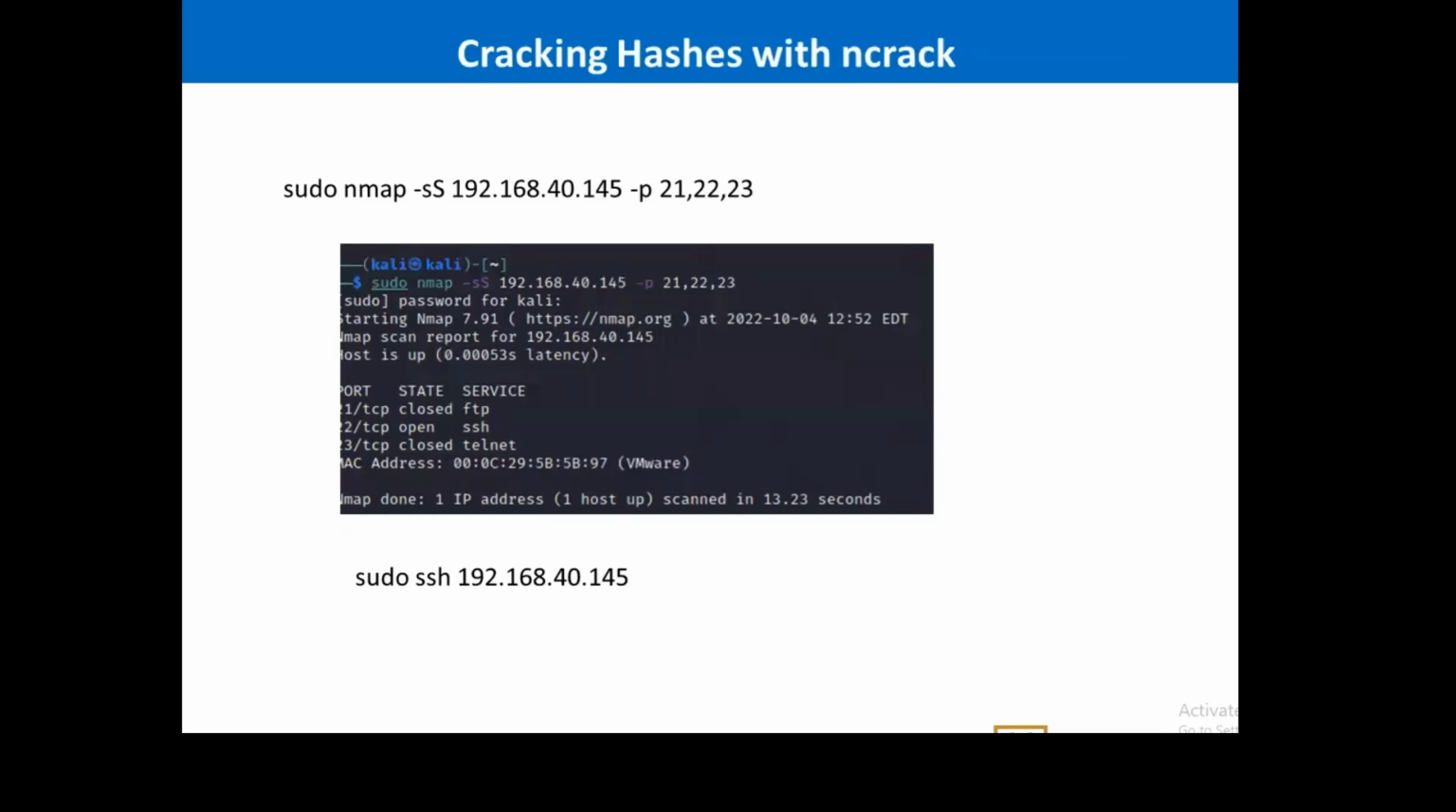Before we do this, let's quickly look at our OWASP broken web application. The IP is 192.168.40.145. On your machine, it might be different, so check the IP from your machine. I want to see whether ports 21, 22, and 23 are open. So for me to do that,